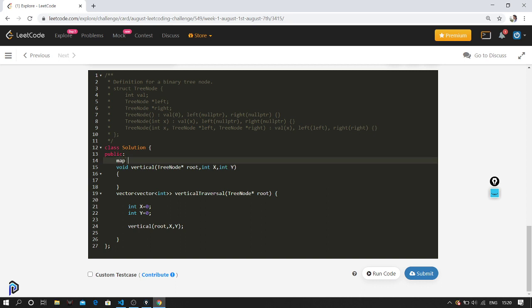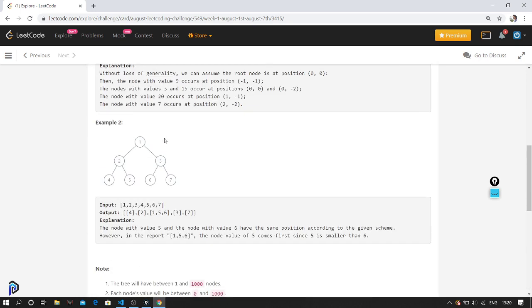I'm going to create a map of type: the key is going to be an int, which is the column, and the actual value is going to be a vector of pairs. Since I have to maintain the order also, 1, 5 and 6 are in the same column, but I have to print 1, then 5 and then 6.